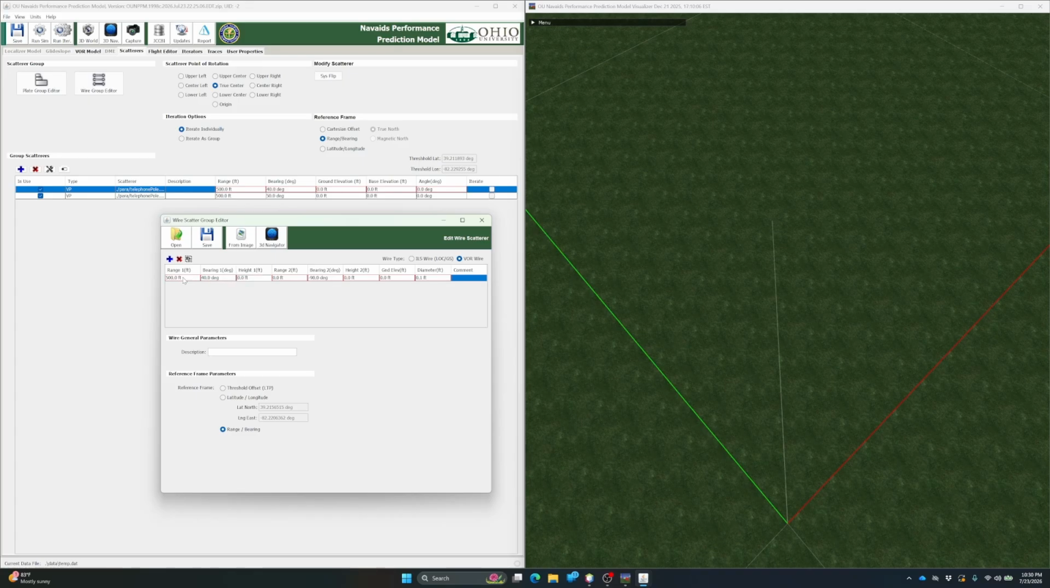Since the pole is 40 feet tall, we're going to say the height of this is going to be 39. I'm going to do another 500 and 50 and another 39. And we're assuming that the ground elevation is the same as the VOR. So now we've got a